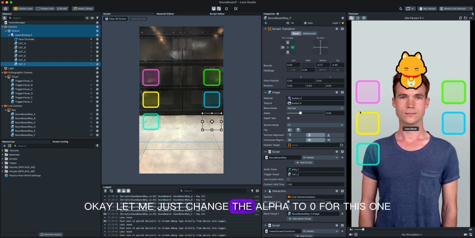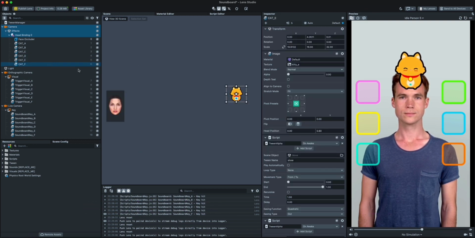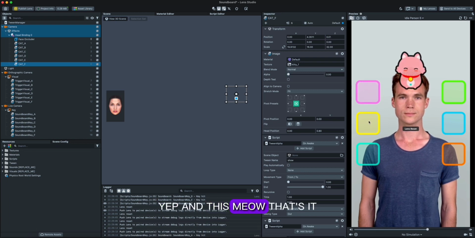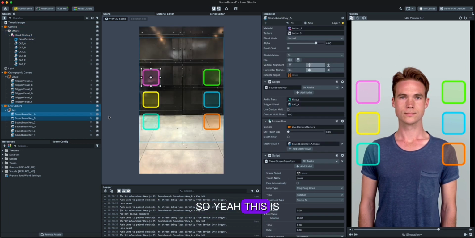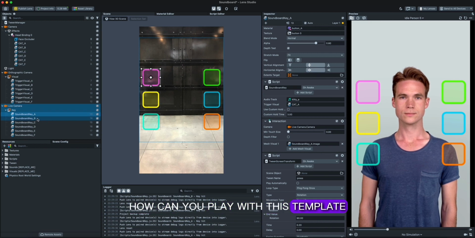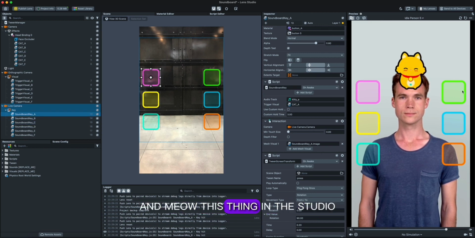Okay, let me just change the alpha to 0 for this one. For the cat. Yep, and this one. That's it. So yeah, this is how you can play with this template and you can make this thing in Lens